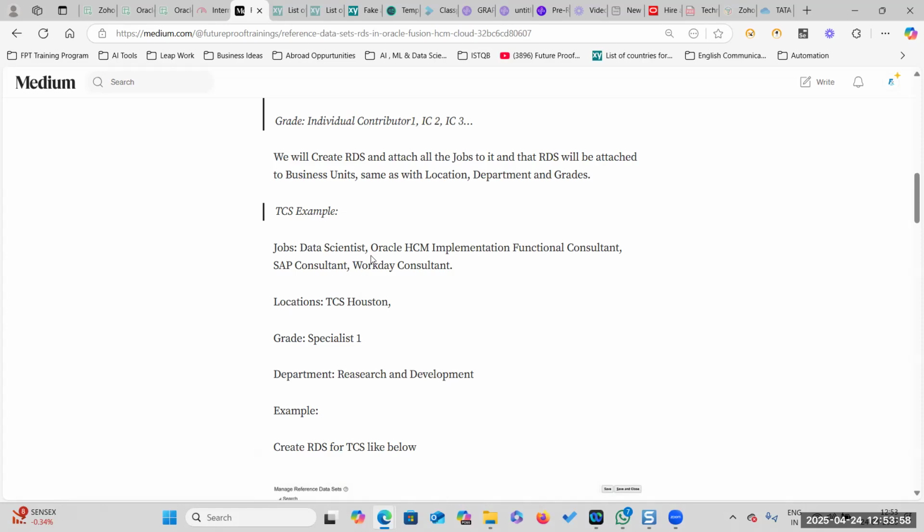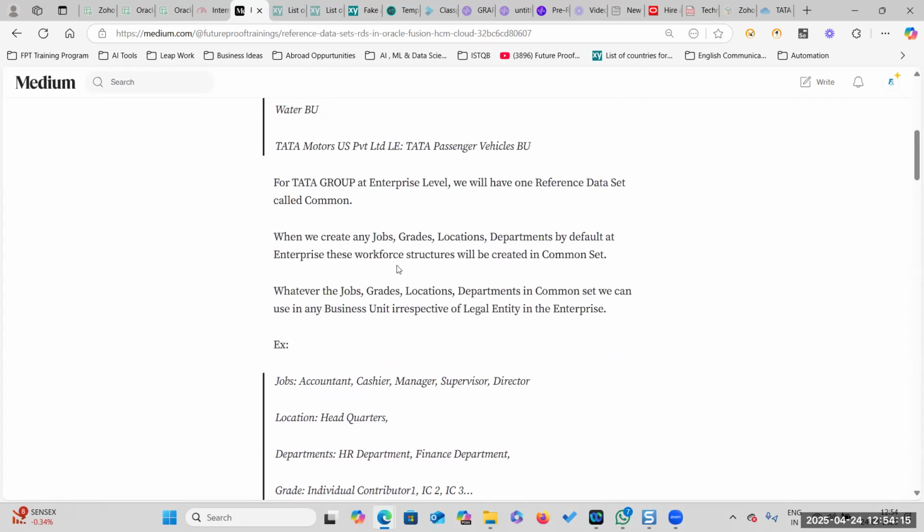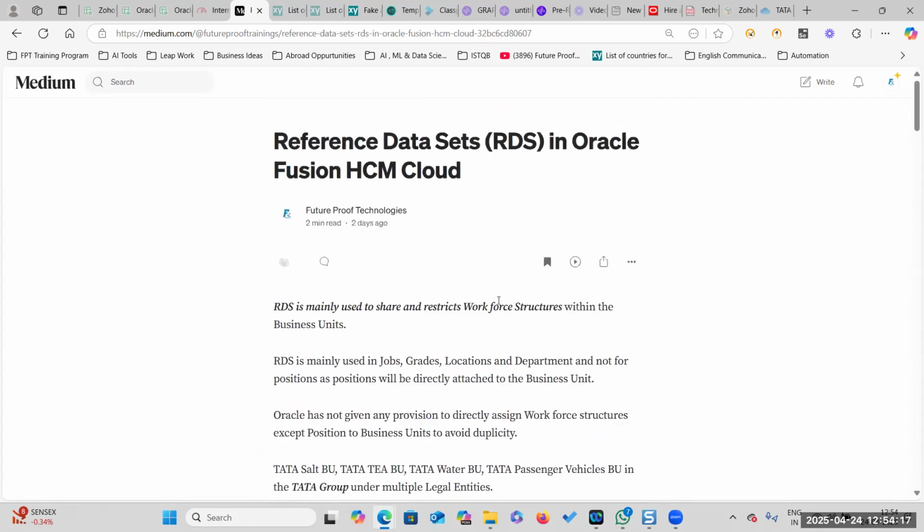With that, we will achieve security and specialization. Means only for that business unit, we will give access to the jobs, grades, positions, locations, or departments. So this is one of the important typical concepts, and